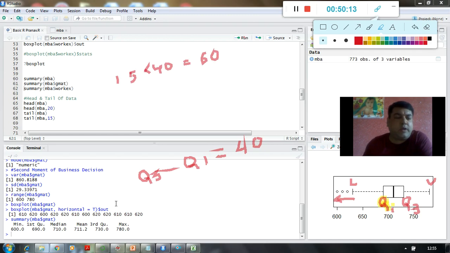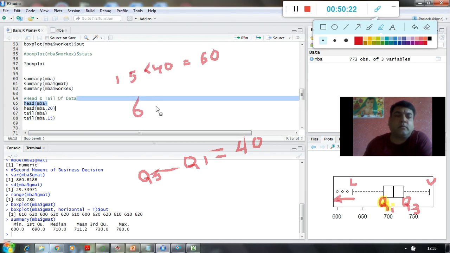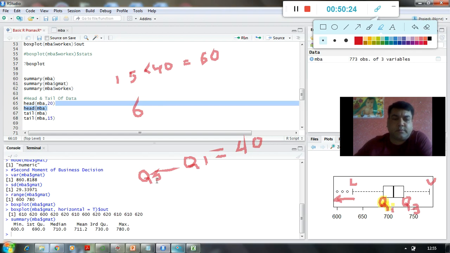So what is my Q1 value? 690 minus 60. So 690, which is my Q1, sorry, so 690, what happened?